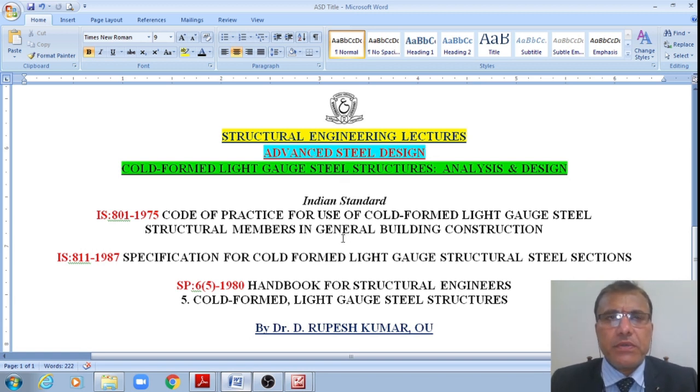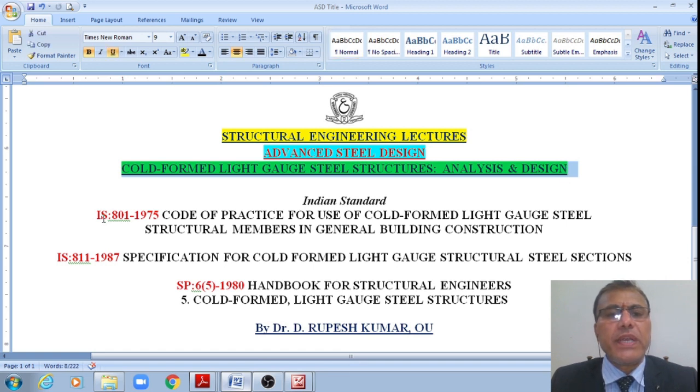In the previous class, we have seen a single circuit transmission line tower, its analysis, as well as the design forces. In today's class, we shall see the analysis and designs of cold formed light gauge steel structures,